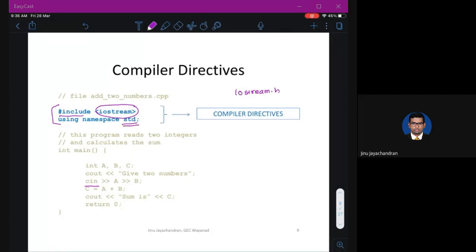A namespace is a collection of all these functions and different commands, etc. We will look at namespaces later. So before starting the program, we are telling the compiler to go and fetch some things that I'm telling it, for example iostream.h and std, and include them while compiling. That's what I'm saying. So the compiler understood this. It has gone into this file called iostream.h. This .h file is called a header file.